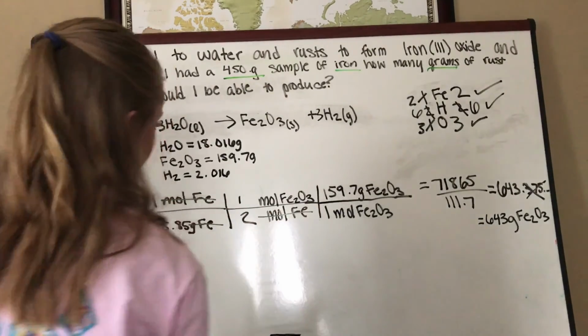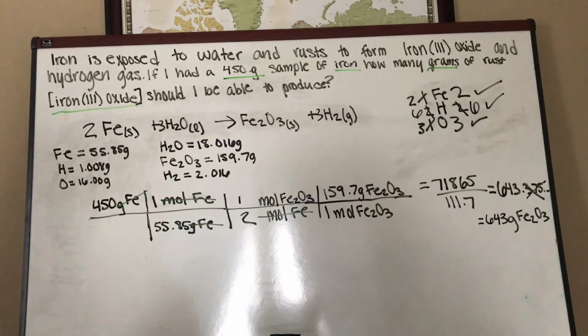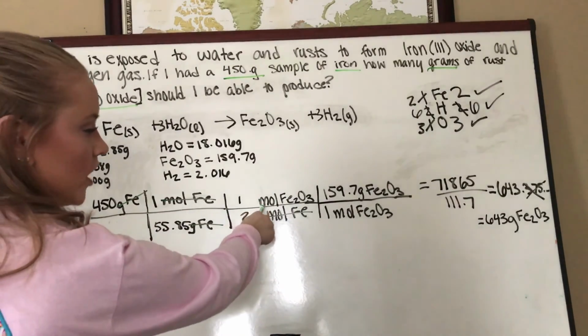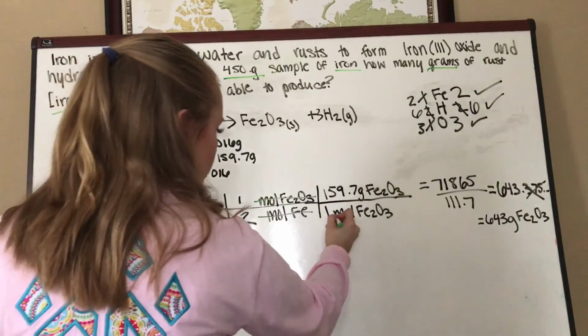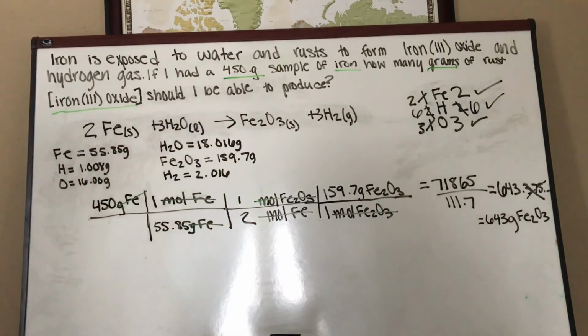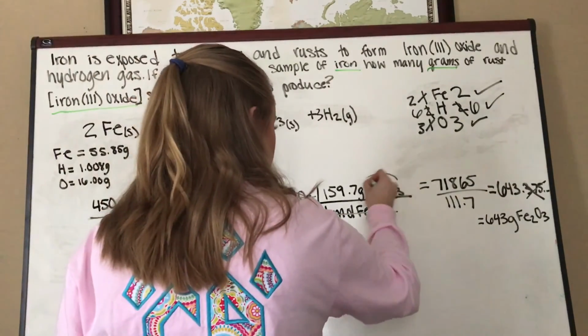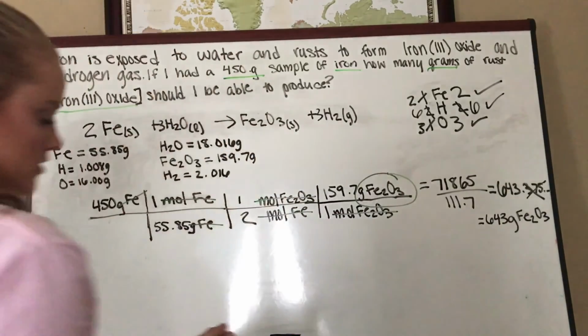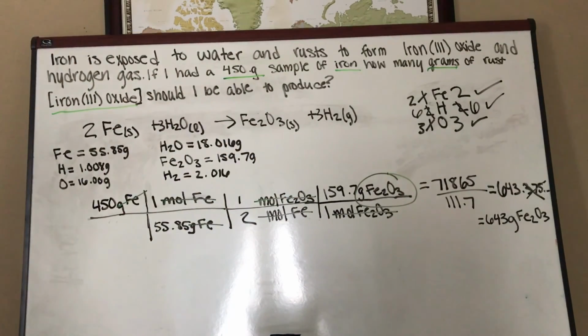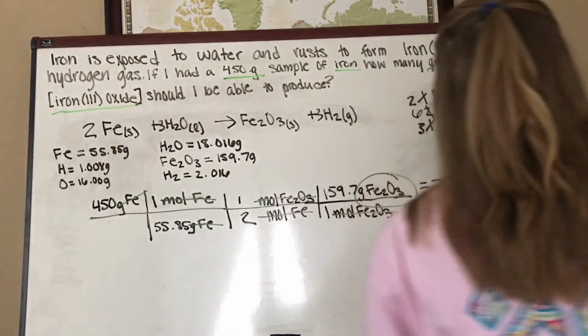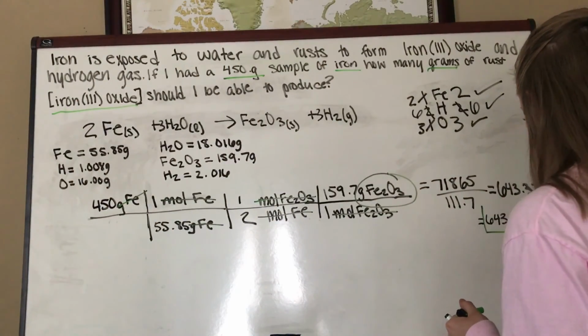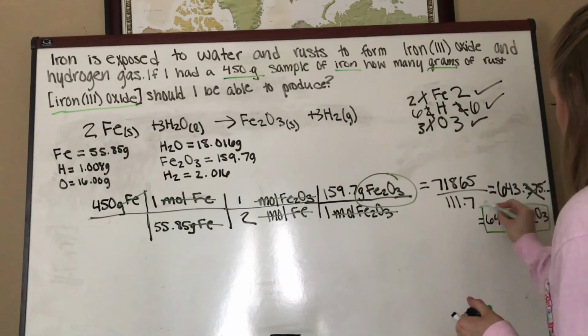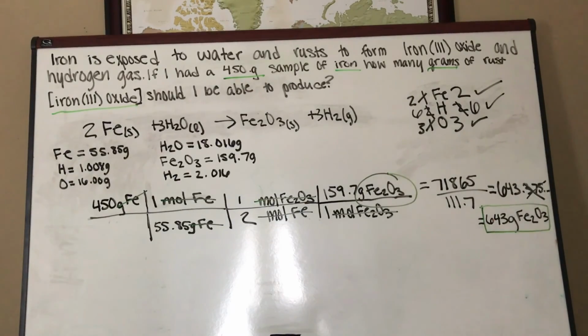And now we want to cancel out moles of iron 3 oxide, and we do so right there. We are left with our ending point, grams of iron 3 oxide, which is the unit that our final answer is in. And that is why our answer is 643 grams